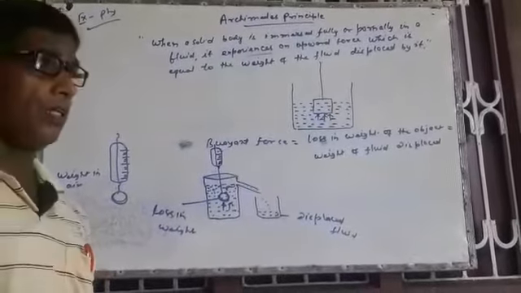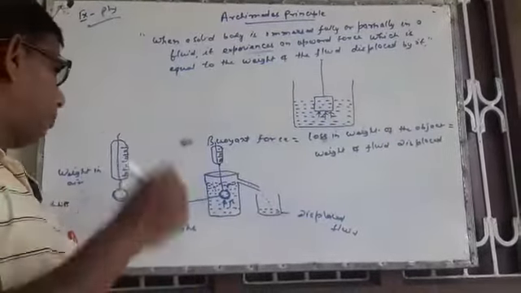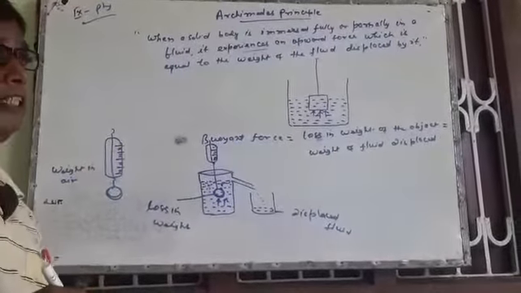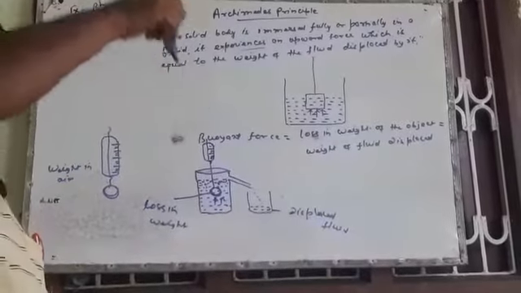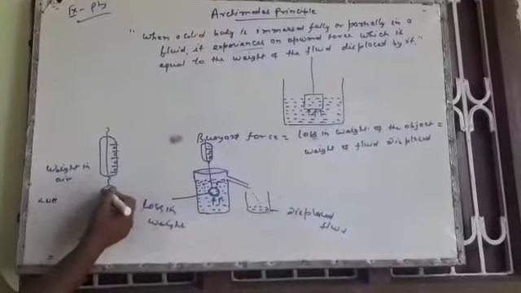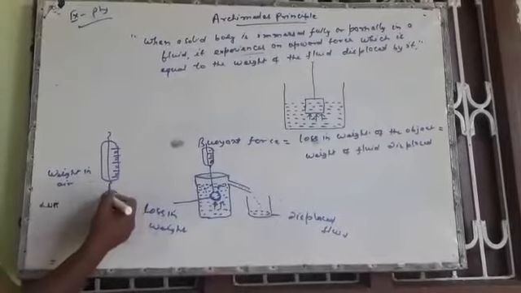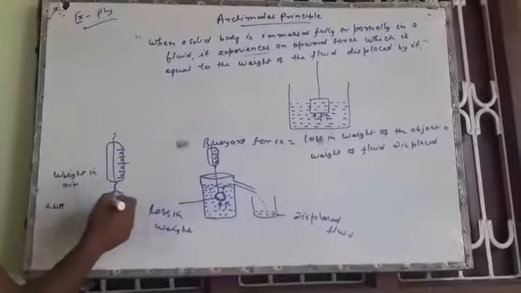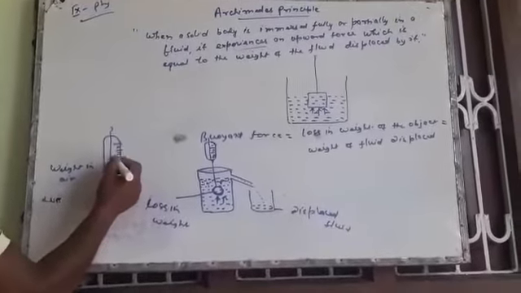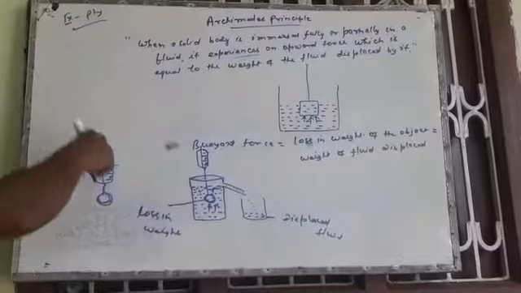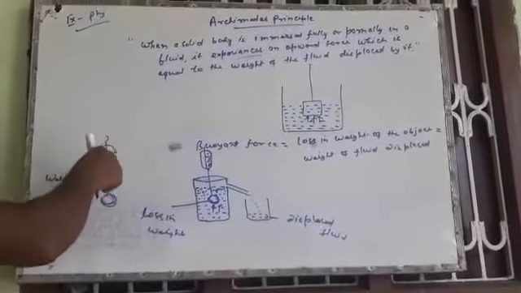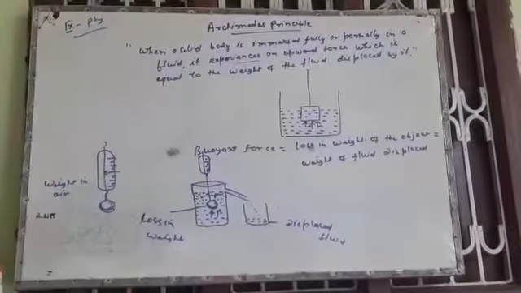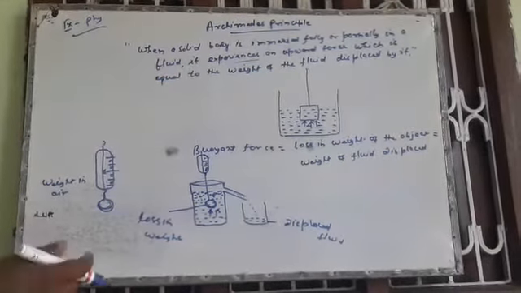It is clear from our everyday life. We have to tie a piece of a stone with a thread, with a rope, and take the weight in air. Suppose that I have a solid tied with a spring balance using a thread. When we measure the weight, the mass of that solid, the pointer shows something. But when the same solid is immersed in water, in a liquid, it is found that its mass, its weight becomes less.